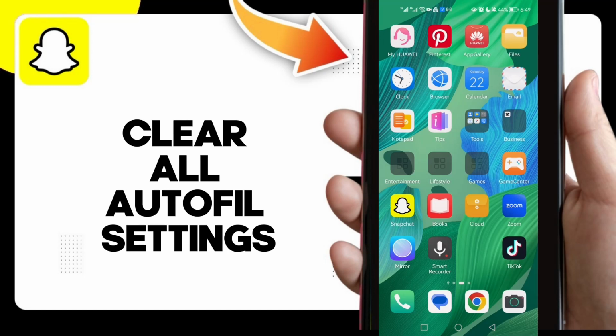Hello guys, in today's video I'm gonna show you how to clear all autofill settings on your account on Snapchat,